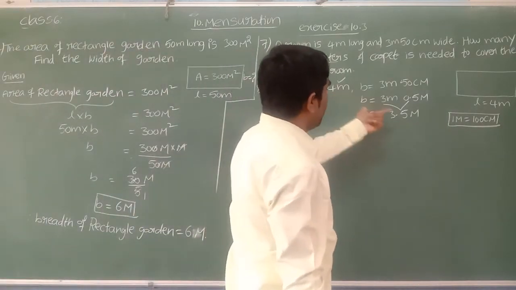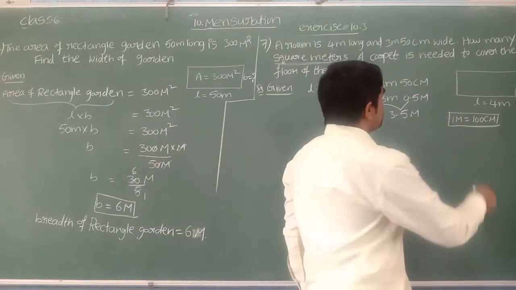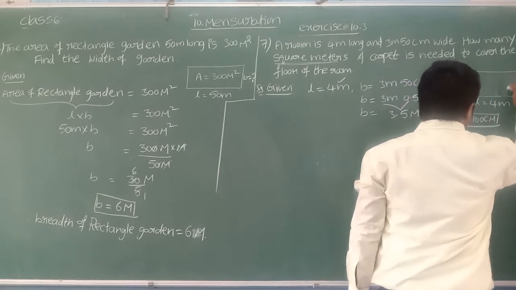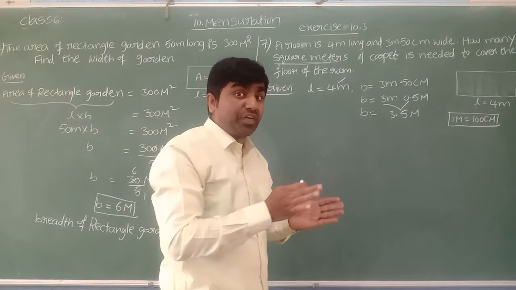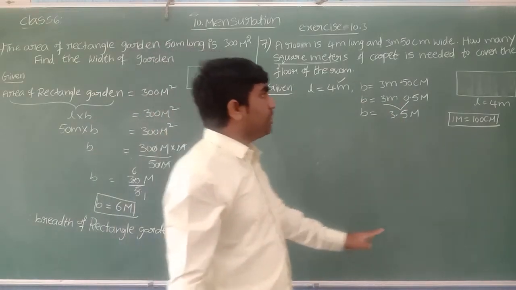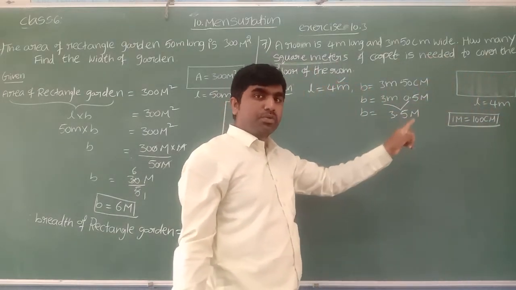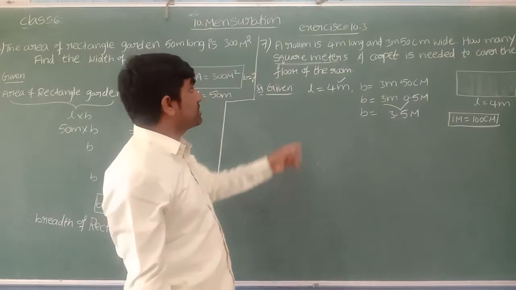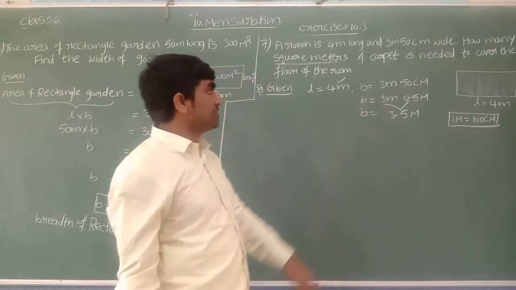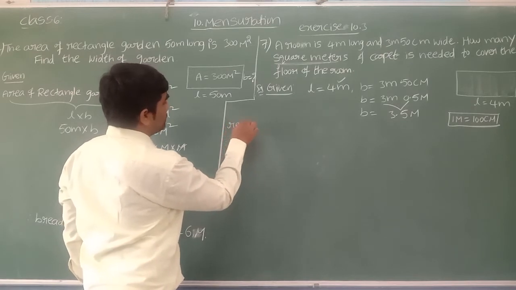Now we know the length and breadth. We have to find how many square meters of carpet is needed. See, inside of this they are going to cover with carpet. So to know how many square meters of carpet is required, it's enough to find the area of the room. Why do we have to find the area? Sir, area means inside place. Inside of the room only they are going to cover the carpet. So because of that, find the area. And also they are asking square meters. Area units only, they have square meters. So find the area.